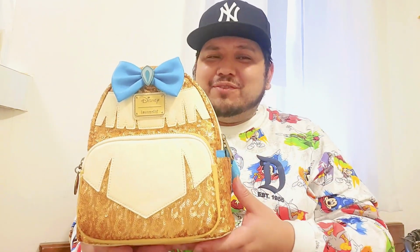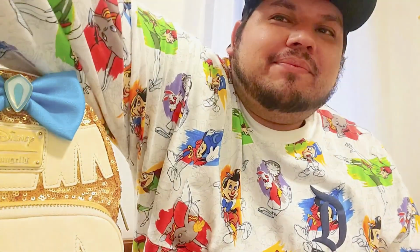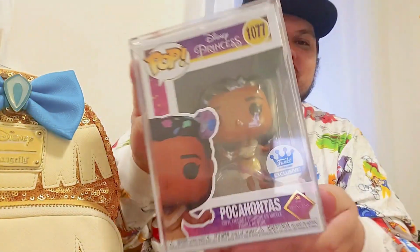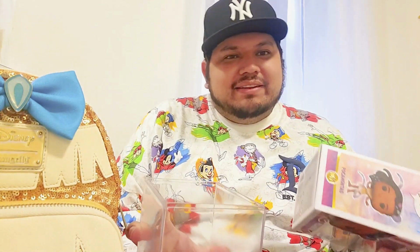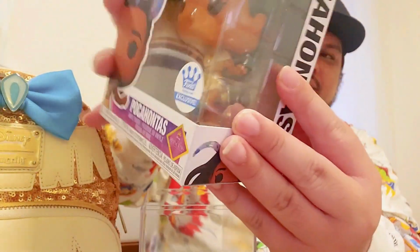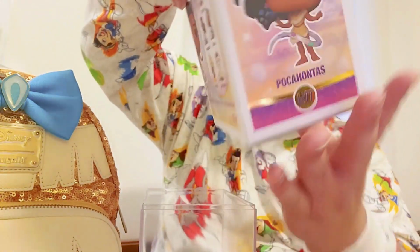I have a handful of Funko Pops that, in my mind, the way I want to display this bag, they will, you know, complement. I want to share those with you real quick. So I was able to pick up the Funko Shop exclusive of Pocahontas Disneyland with the Colors of the Wind detail. Let me take out this. Yes, I have it in this actual pop protector thing. Here she is, right? I'm just going to show the glam, it's less glare. So, you know, I have this one, but